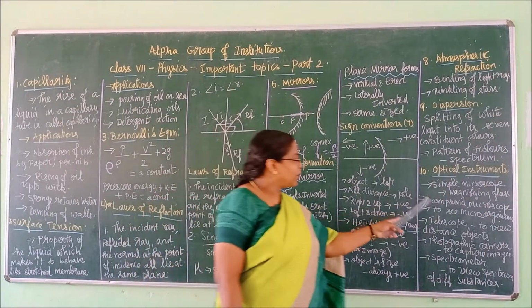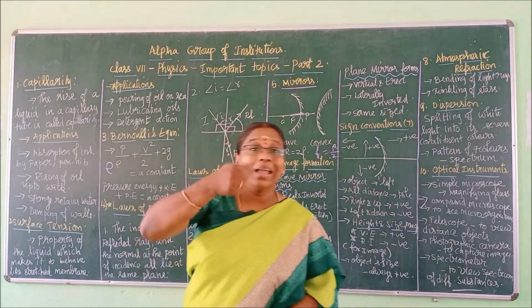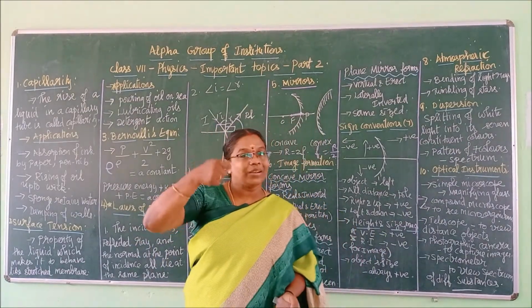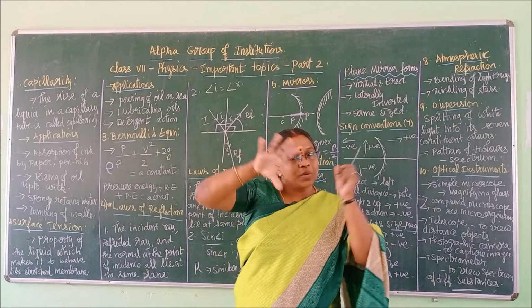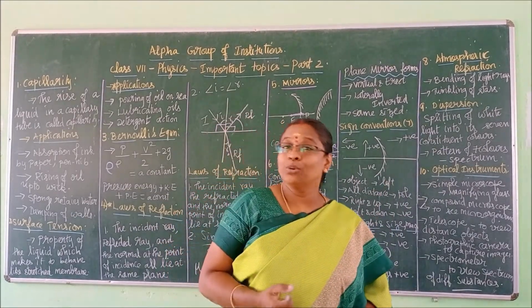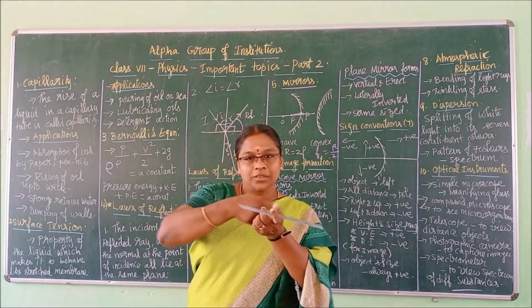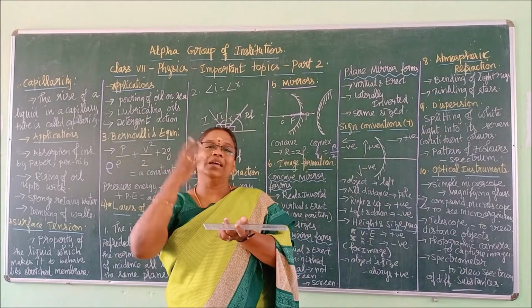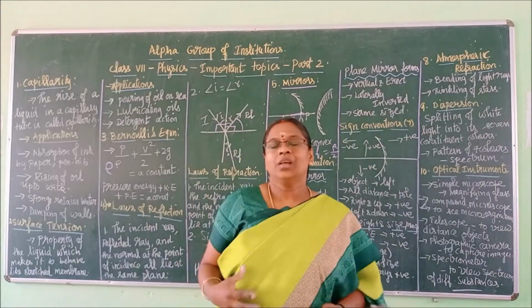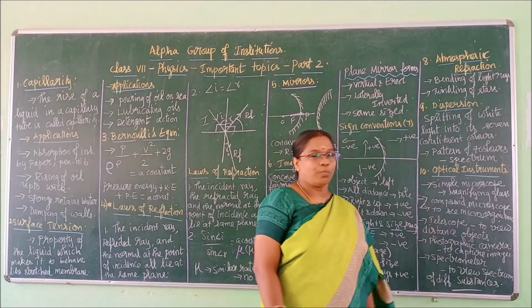Okay. First one, the simple microscope. What is a simple microscope? I showed you in the class. Do you remember one glass, a bigger glass, which will magnify and show? In Tamil we call it Bhuda Kannadi. Like our astrologists use it, to see objects in a bigger way. That simple magnifying glass is called a simple microscope.